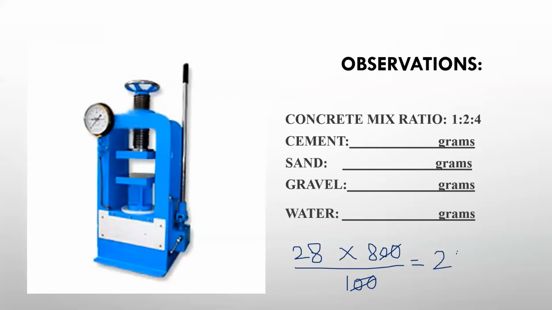So you have to calculate it accordingly, whatever the percentage you see is reasonable or good for 1 is to 2 is to 4 concrete. And keep in mind your weather conditions over there, so you should ask your lab attendant about the percentage as well, as they have more idea as compared to the teachers. So let's move to the next slide. Obviously you will get your water in grams. Water in grams and milliliters are equal, so you can write down milliliter. So next let's have a look.